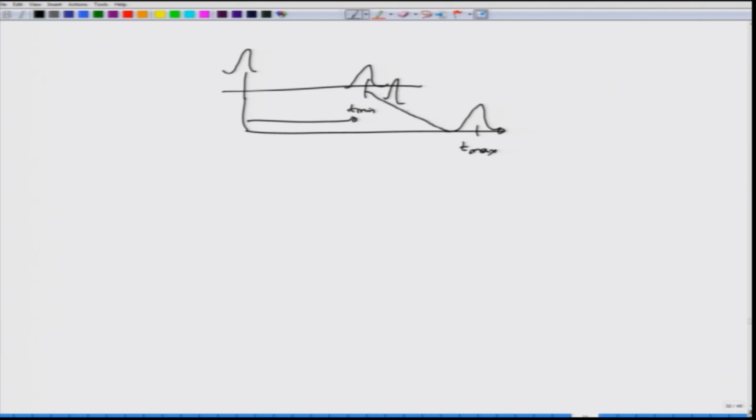So, corresponding to different angles of theta 1 between, this is for theta 1 equals pi by 2 and this is for theta 1 equals theta 1 c. For all angles between them, they would all be arriving at different times which are between T min and T max. So, your overall pulse would actually be at least of this broadened value. So, you have just seen that the pulse essentially gets broadened,